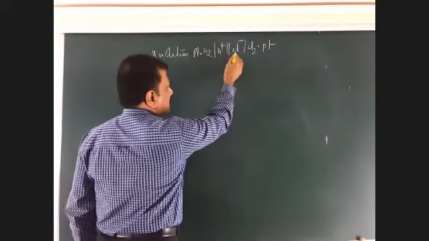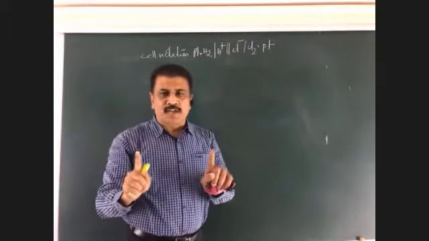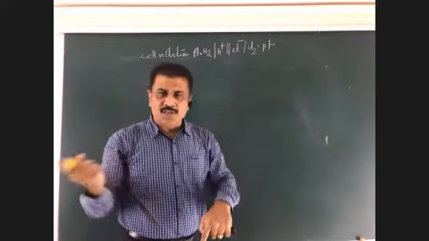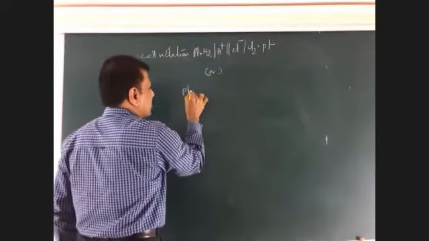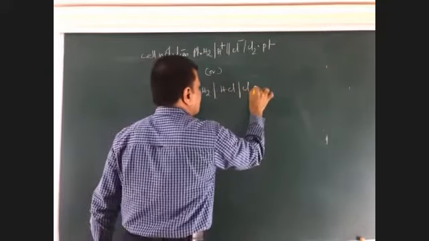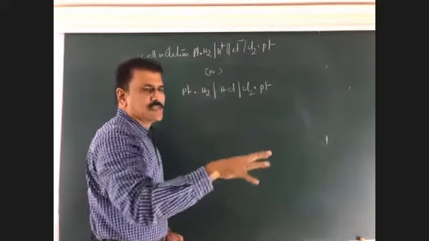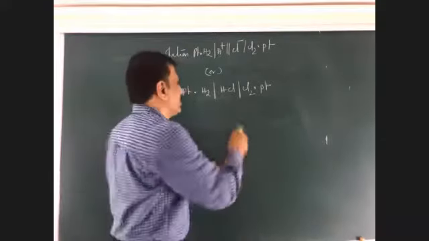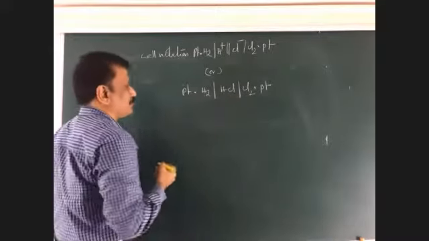Hydrogen is dipped in its HCl solution. Cl2 is dipped in its HCl solution. Therefore, for both anode and cathode, the common electrolyte is HCl. Hydrogen into HCl solution, Cl2 into HCl solution. In such a case, this is simply represented as cell notation: platinum, hydrogen, bar, HCl line. Why? Because for both electrodes, HCl is a common electrolyte. In such a case, there is no need to represent the salt bridge. So this is correct, this is also correct. This is more precise.